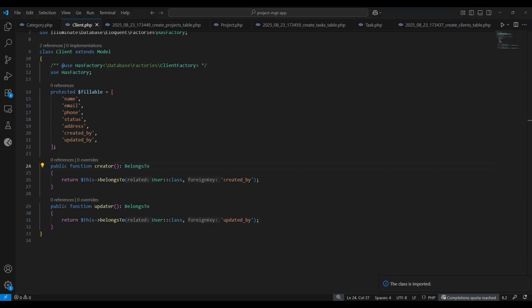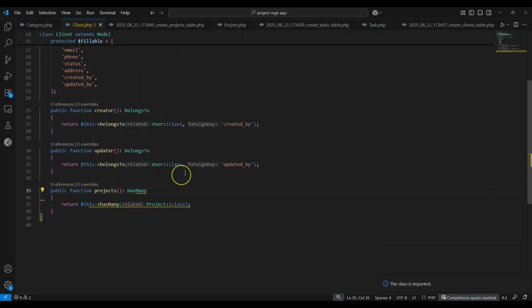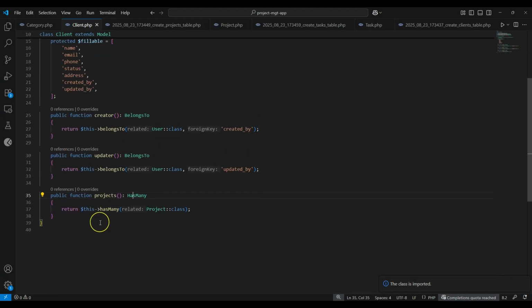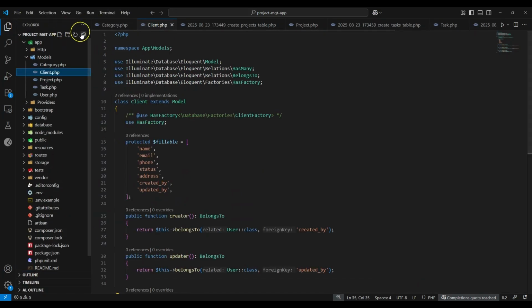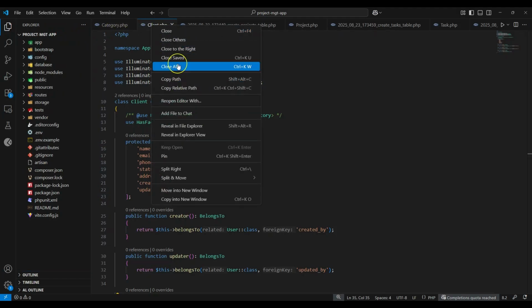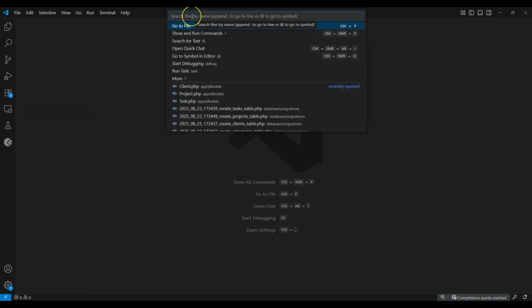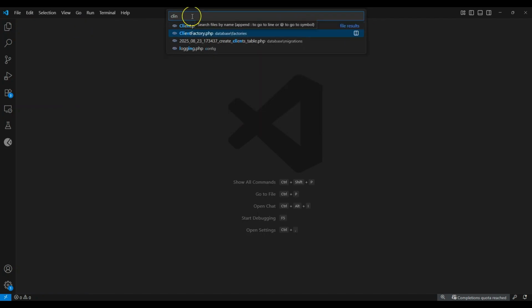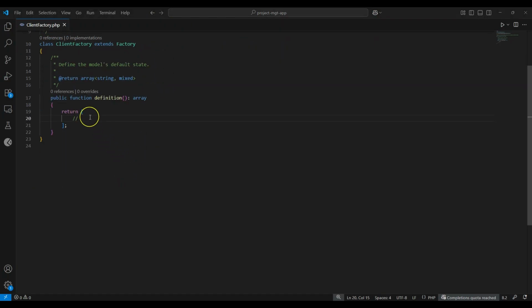Also we need to know the projects that belong to the specific client. Okay, so you can see one client can have more than one project, so that's why we have this projects relationship. Okay, and then after that, now let's update our factories so that we can create dummy data. Okay, so now let me close all of these files, and now let's search for the, we'll start with the client factory. Okay, so on client factory here,